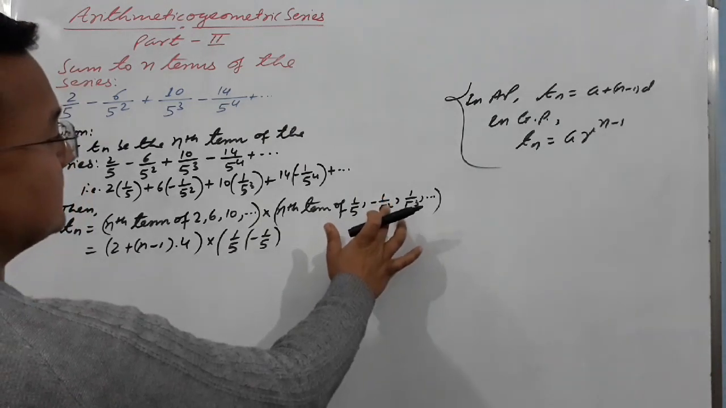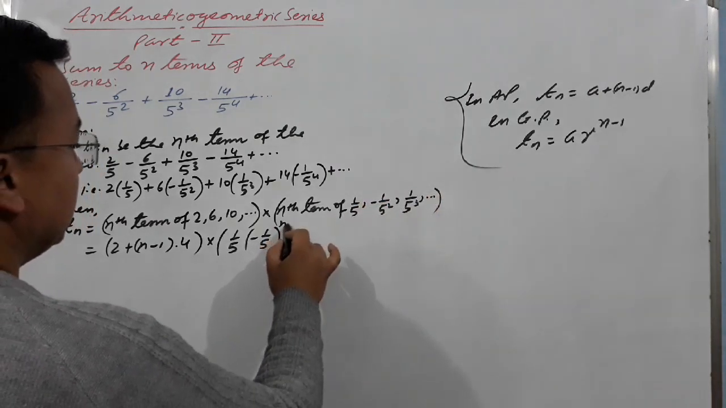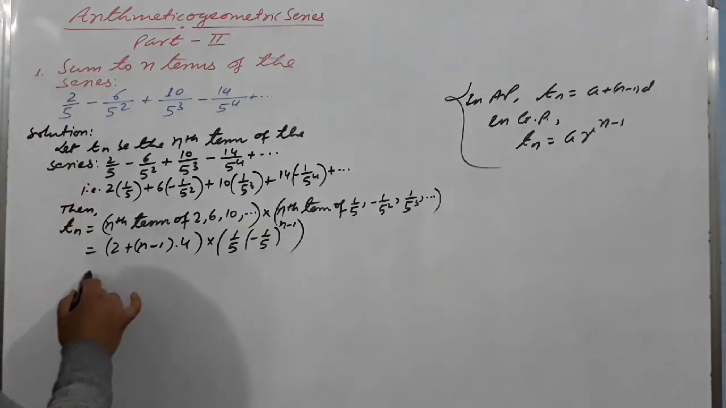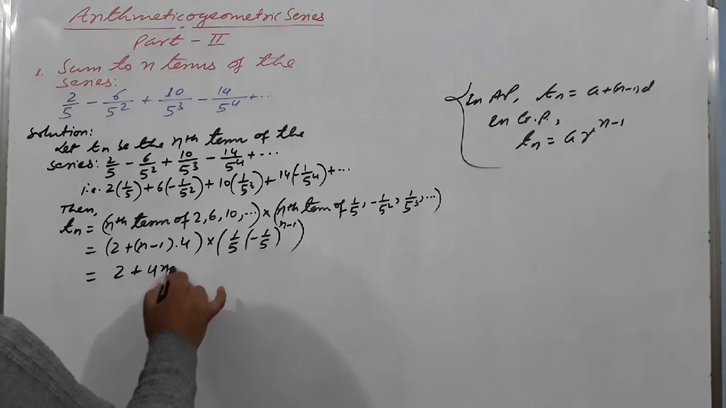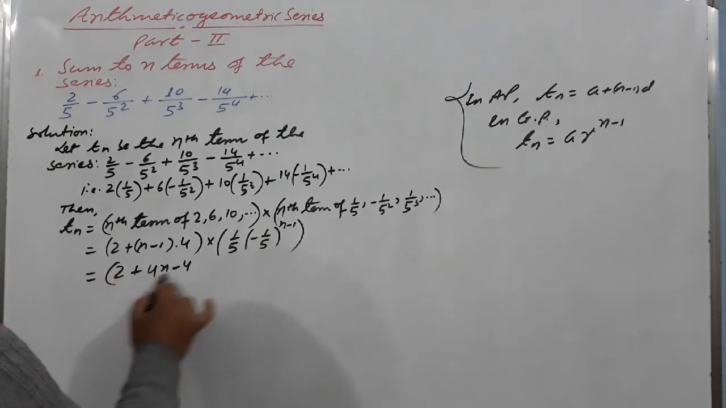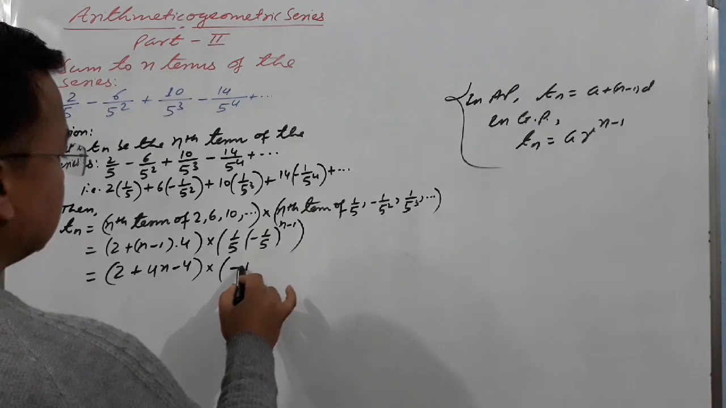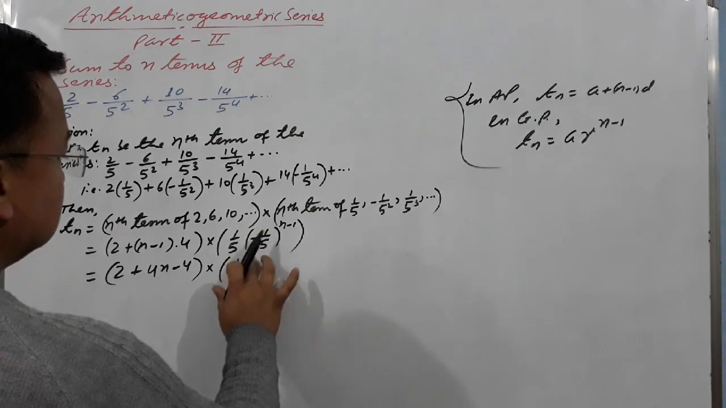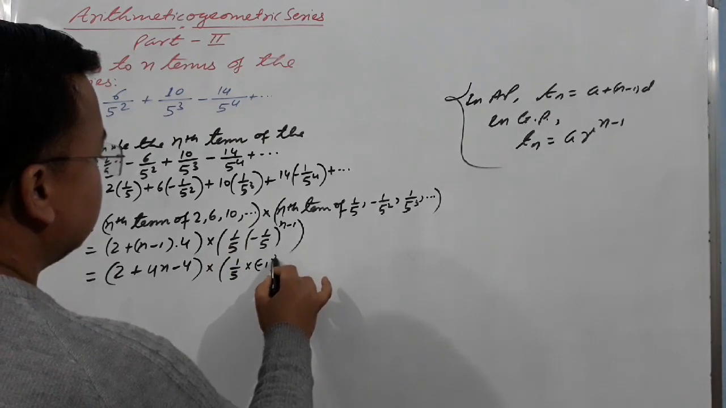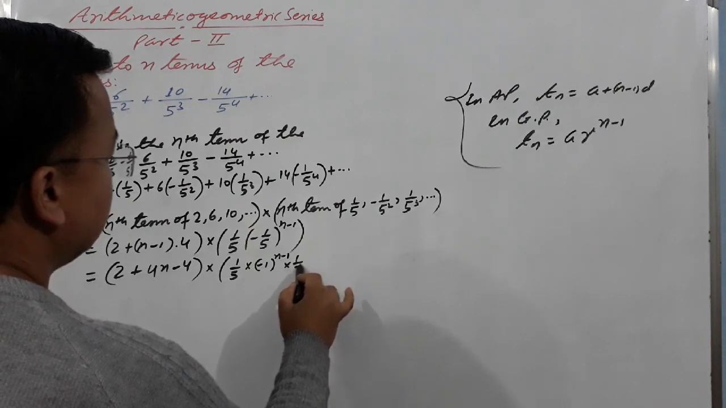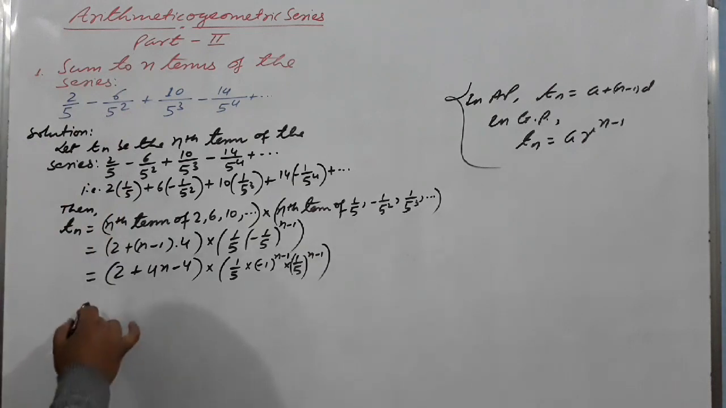Now the common ratio we find like this: this upon this, or this upon this, raised to n minus 1. Here you are going to get 2 plus 4n minus 4 times 1 upon 5 times minus 1 raised to power n minus 1 times 1 upon 5 raised to power n minus 1